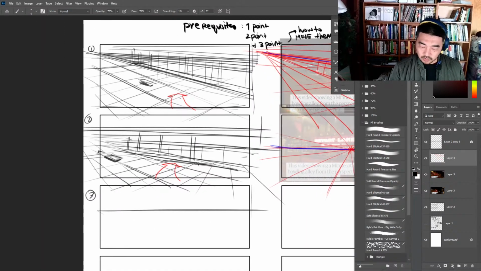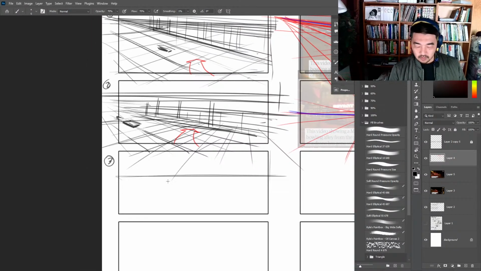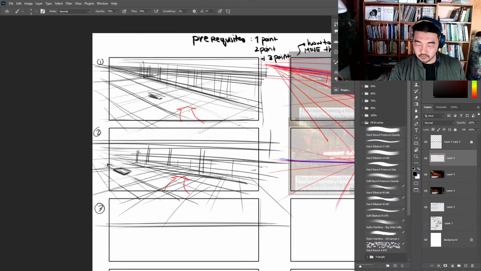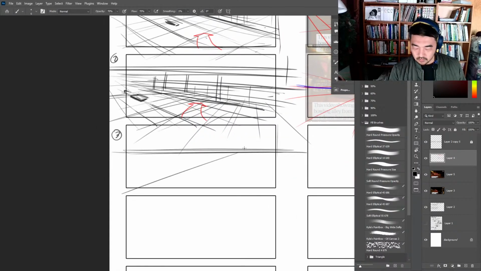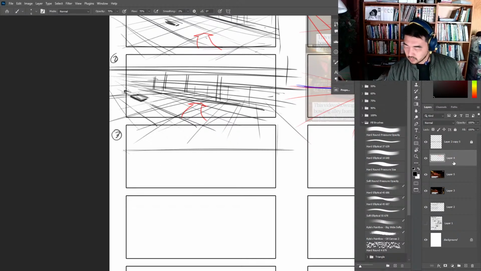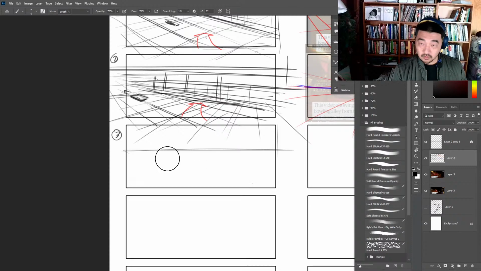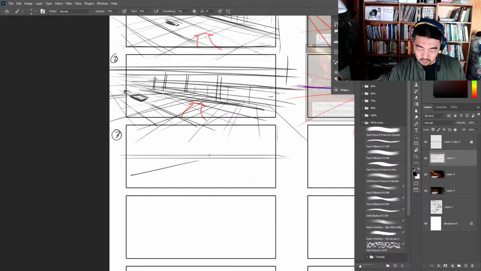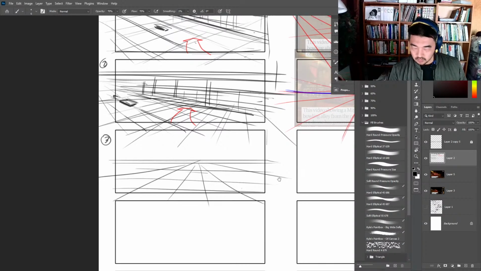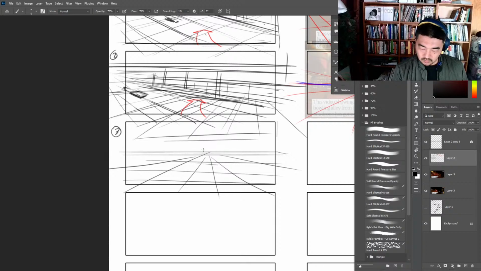So that's what I'm kind of doing right here, subconsciously. So then now, let's say we're right here, we have this over there. Do this for my 3-point perspective.